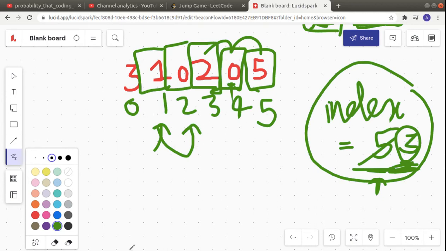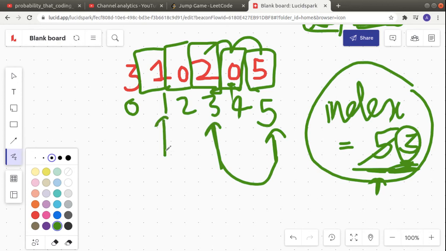So this is also useless. This is useless despite having a positive value. This is useless because this is not helping us to reach the index number 3 at least. See, we want to reach last index. We made sure that if we reach index number 3, we can reach index number 5. Now somehow we want to reach index number 3 at least, but the index number 1, which is having a value of 1, that is not helping us to reach index number 3. So it is also useless. So we will go forward without making any change. We still have the condition that we have to reach index number 3, then only we will be successful.